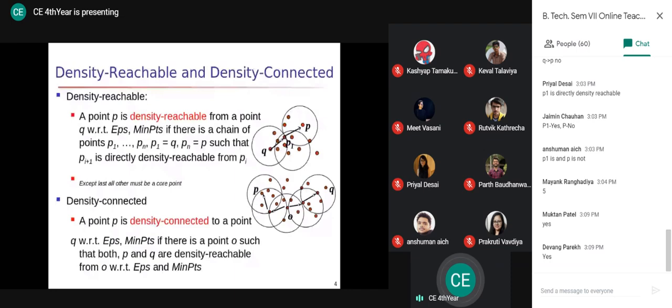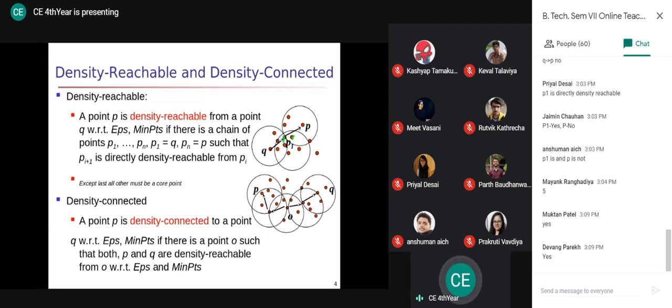But just imagine some point in the boundary of this Q. Let's focus on this point P1. In the territory of P1, as P1 is a core point, let's focus on some other point, let's say this point. Now if you redraw the circle for this new point, P2, can I say that P will be in the circle of that P2? And also, if you observe these dense points, we can easily satisfy both the conditions, the min points condition, for this P2 also. So via that path, I can say that Q, P1, P2 up to P, this P is density reachable